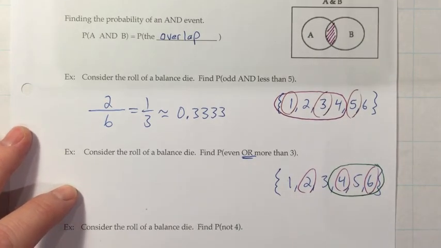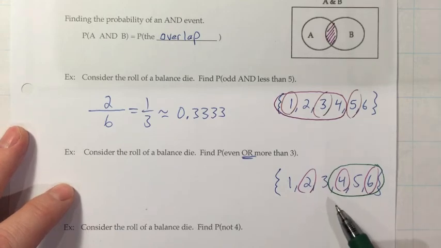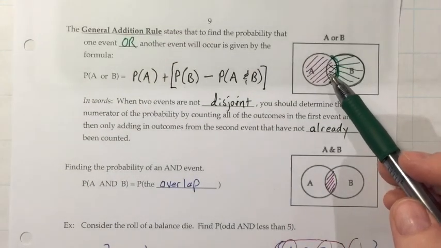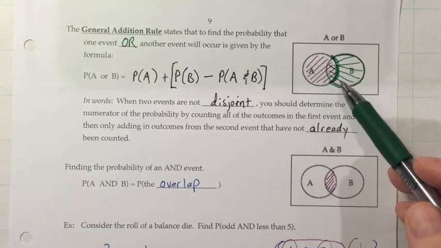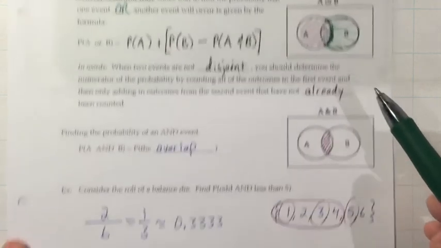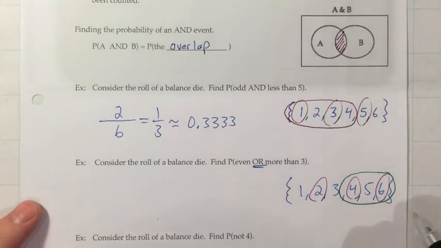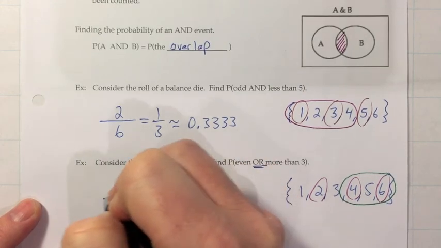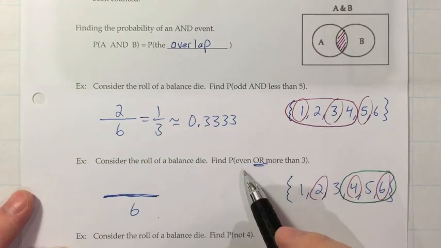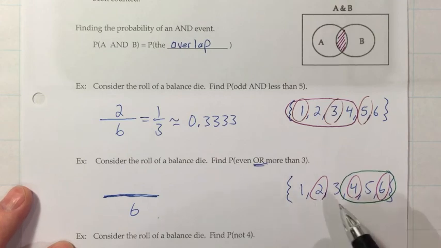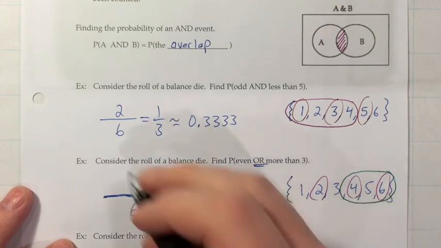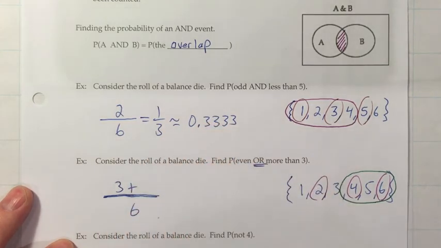The way an OR is different from an AND is instead of just counting the overlap, with the OR, you count all of the first one, and then from the next one, just go to stuff that hasn't been counted yet. So let's think about, first of all, our sample space. There were 6 numbers, so the denominator is 6. And let's count all of the ones that were even, which are the ones I circled in the purple. 1, 2, 3. And then add on anything that's in the green circle, but only if it has not already been counted.